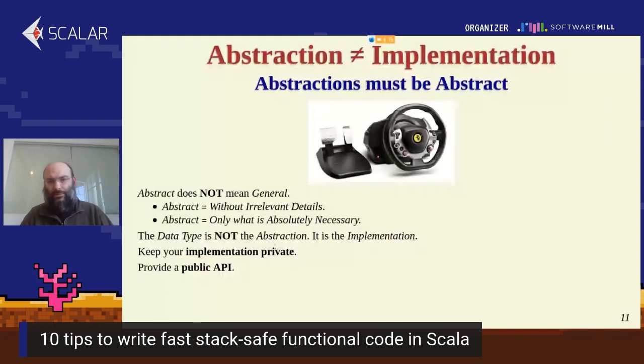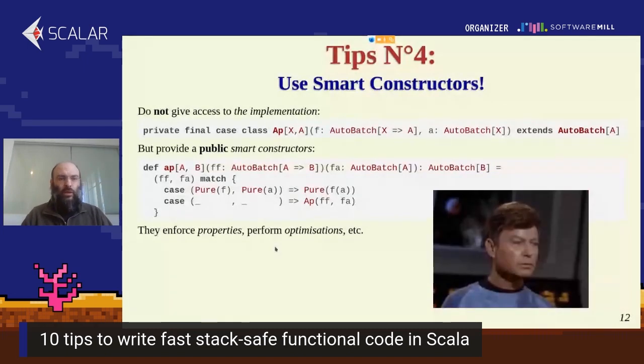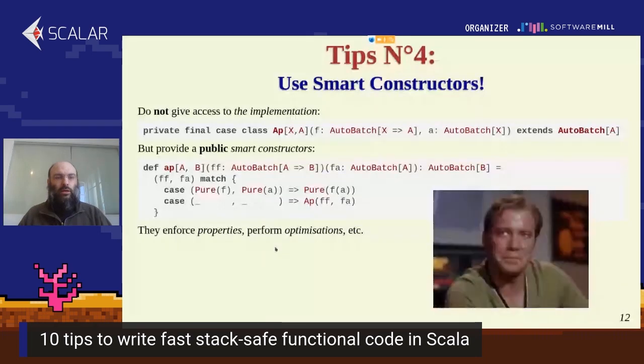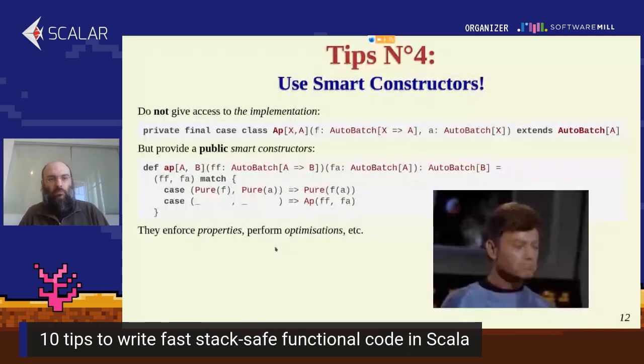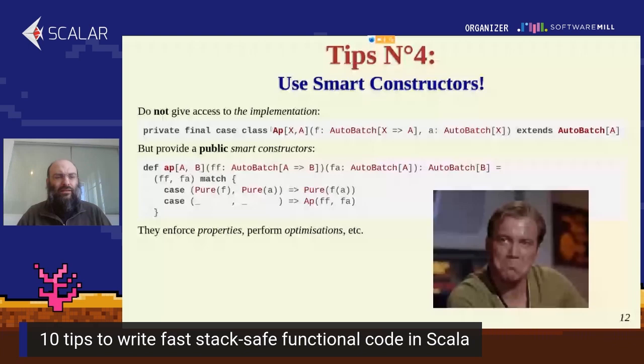So tip number 4, use smart constructors. The thing is, we want your code to be fast. So we want to optimize the code we are writing as early as possible. For example, in this case, we have the app of the applicative monad, and we realize that